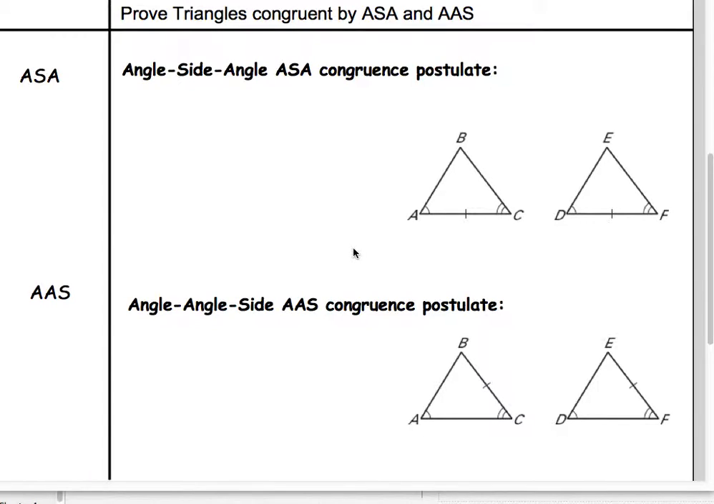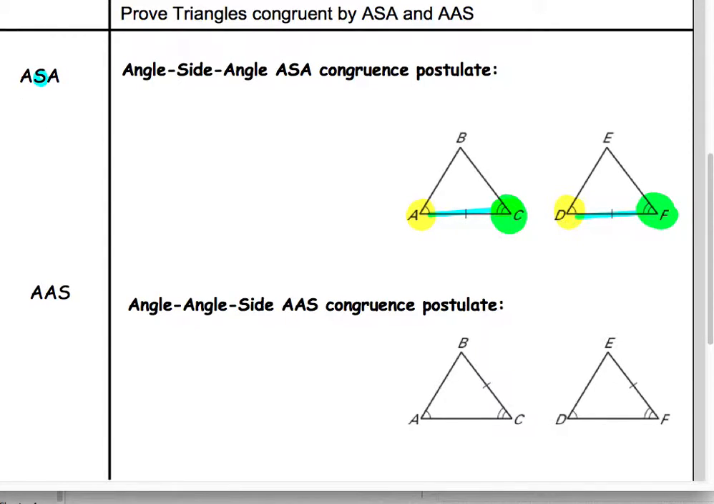How to tell which one that you'll be using. Angle, side, angle. To get this to work, you have to have two angles and the side in between them. So if you look at the two angles that have arcs on them, A and D have matching arcs, and C and F have matching arcs on them. And you can see that there's a mark on the side that goes between those two angles, which is why